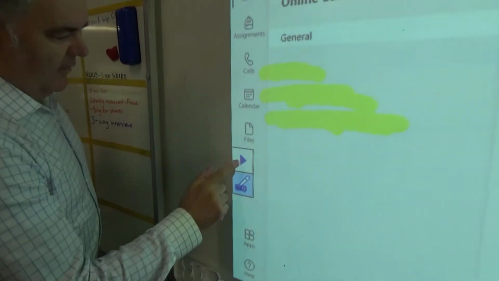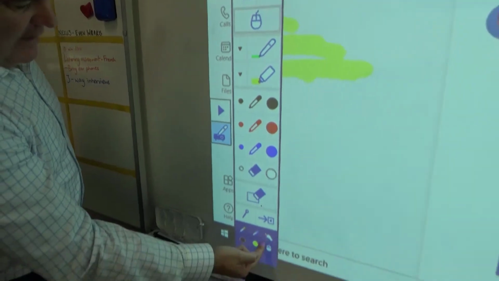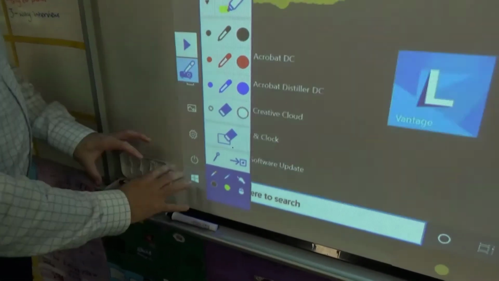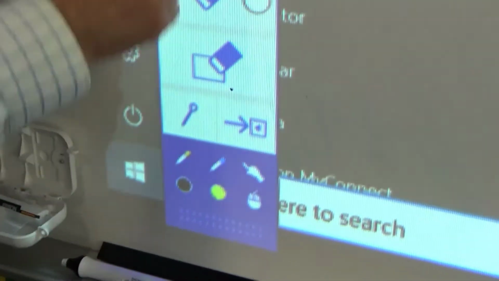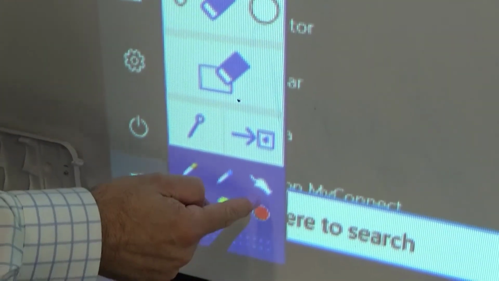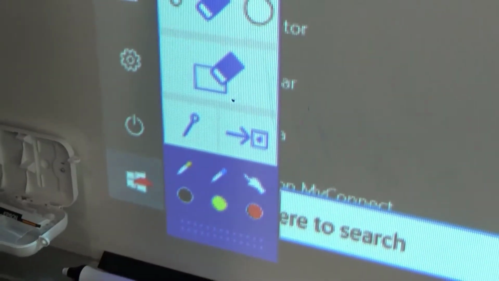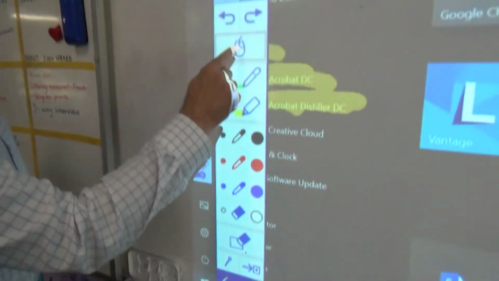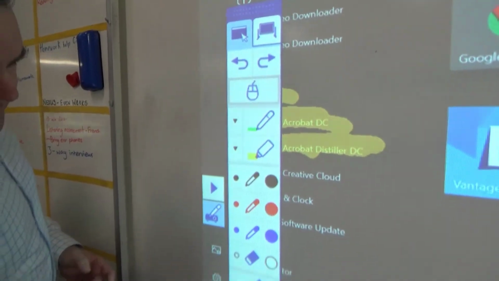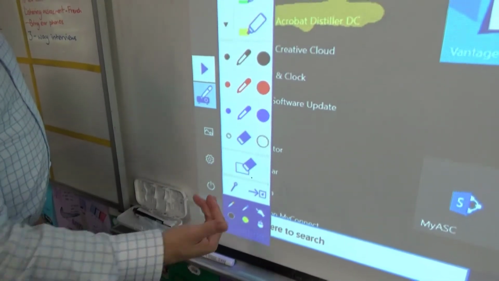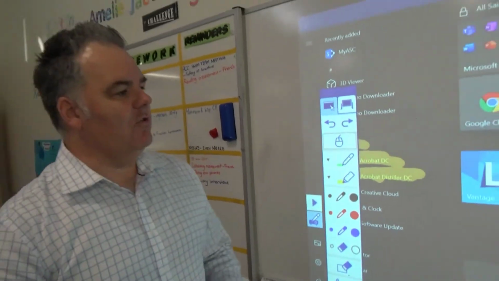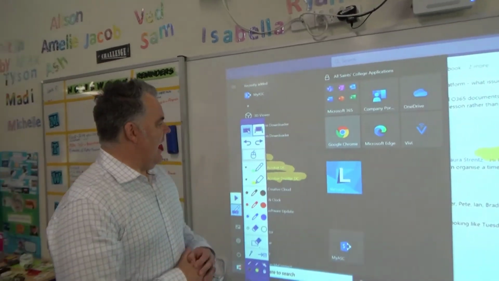If I just open up this little panel here, you get all of the options here. I can see what each pen is doing, so I've got two different pen options, and I can see clearly that this has changed. Now if I do the touch thing and touch on the red pen, now my finger is a red pen. But I'm going to make it here so that it's just a mouse option. So that then shows me that my finger, or any touch that I make, it just gives me that mouse option. Okay, so there it is, how you can use Vivi as a touch screen, and also get some really